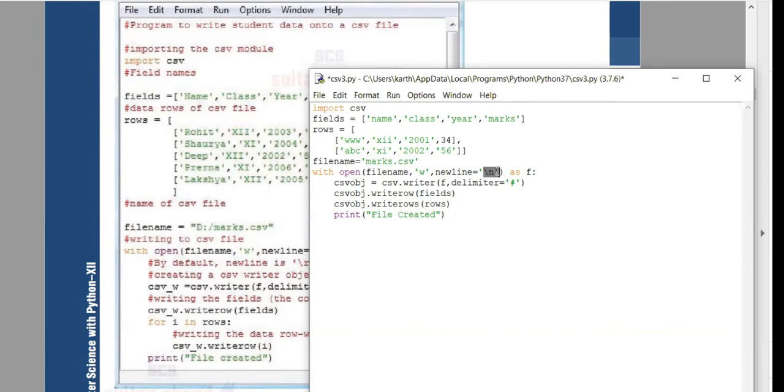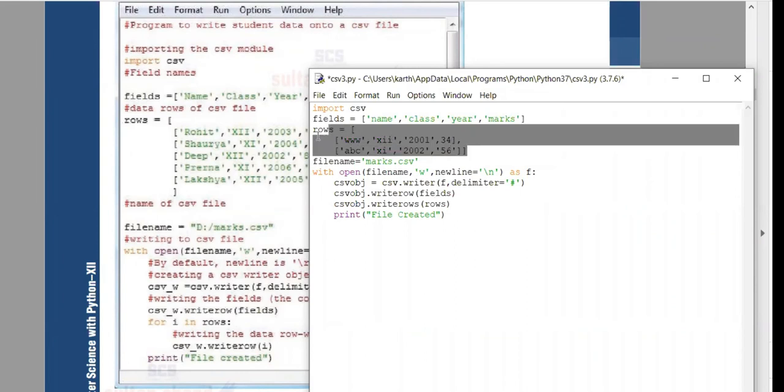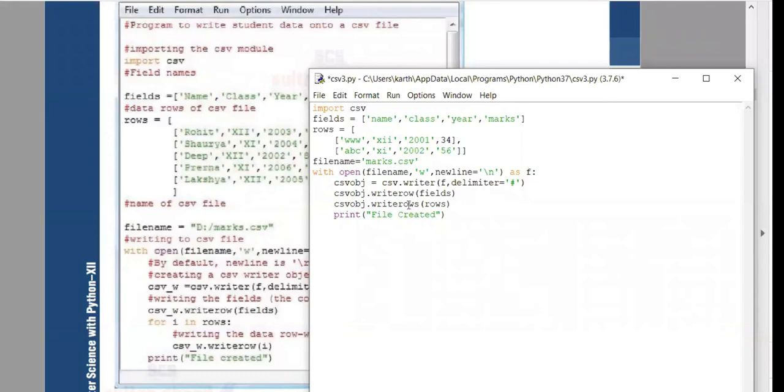And now here I have a new line \n, and I wanted to explain it to you with the delimiter hash. Instead of using a comma, I'm using the delimiter hash. Here it must be a comma. Don't change that. Don't think that instead of this comma you have to use hash here. This is a list. The format of the list must be maintained as such. Here the delimiter is a comma, with which the content will be written into the file. Writerow is going to write this particular field inside the CSV file, and writerows will be writing all these records. As I said, rows will be passed as a parameter when we are using writerows.